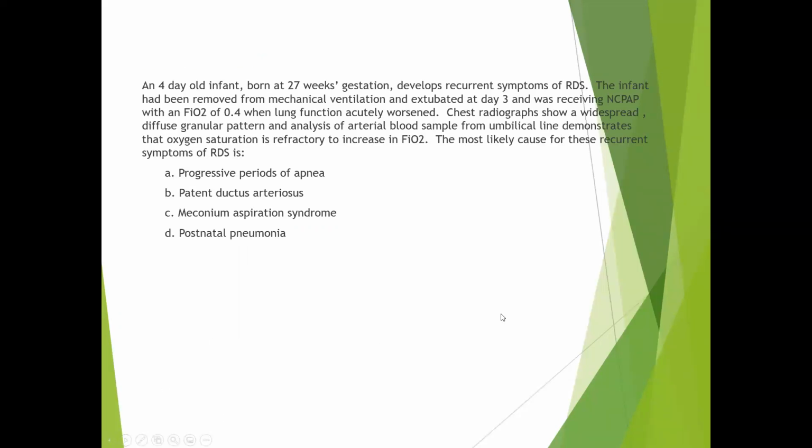A 4-day-old infant born at 27 weeks gestation develops recurrent symptoms of RDS. The infant had been removed from mechanical ventilation and extubated at day 3, was receiving nasal CPAP with an FiO2 of 0.4 when lung function acutely worsened. Chest radiographs show a widespread diffuse granular pattern. Analysis of arterial blood samples shows O2 sats are refractory to high FiO2s. The most likely cause for these recurrent symptoms of RDS is,